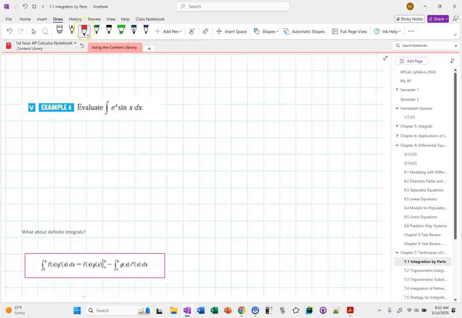Next one. We have e to the x times sine x. Which one should I pick for u and which one should I pick for dv? Do either of them really get simpler when I differentiate? Not really. So maybe instead I pick